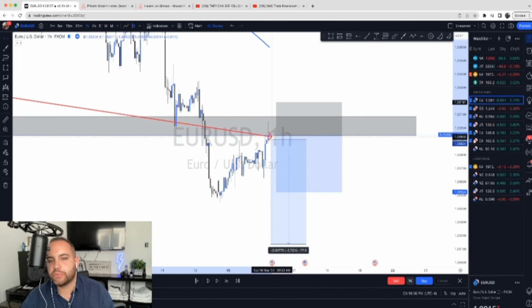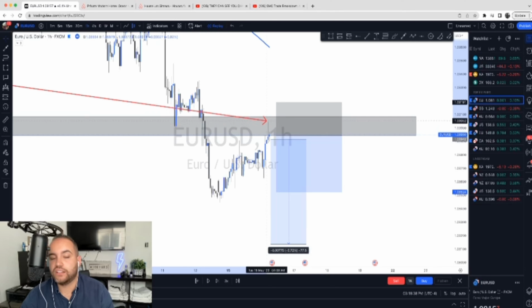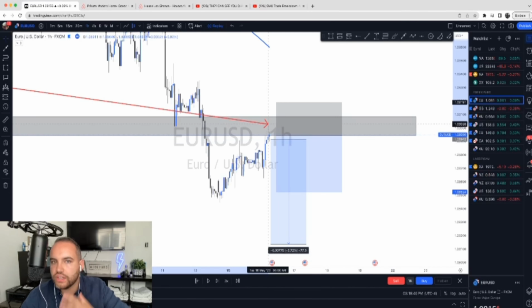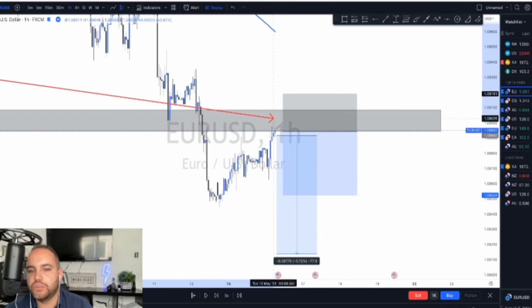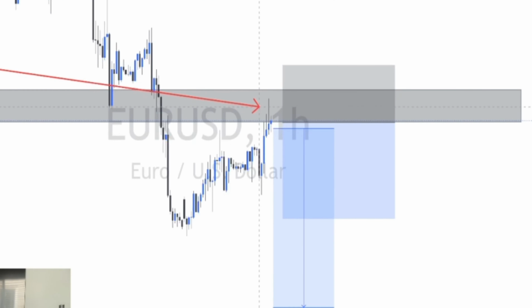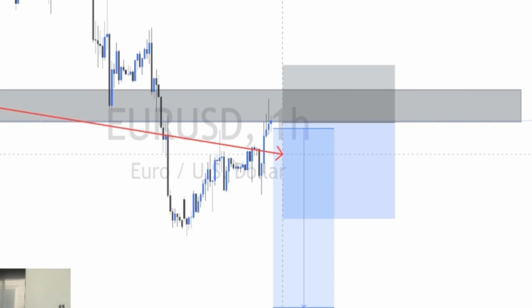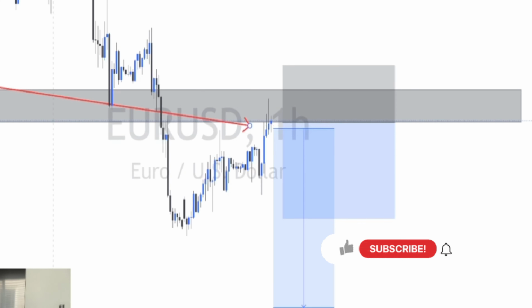I don't like to just get in because price comes in here. A lot of typical mistakes that new traders make is that they get into it right away, and you don't know what's the guarantee. You got to look for the highest probability that price is actually going to reject this area, right? Once we get a rejection from this area and we get a strong bearish candle or something like that, that is a perfect confirmation, especially on the 30-minute time frame or the 1-hour time frame.